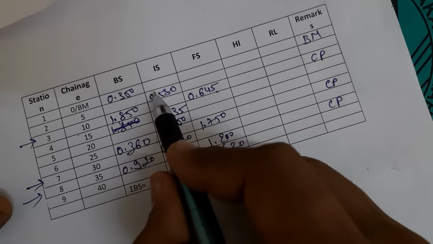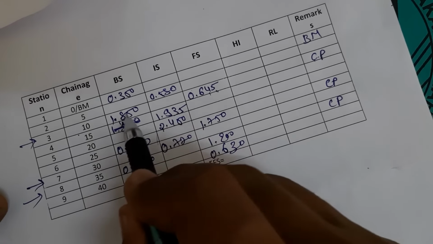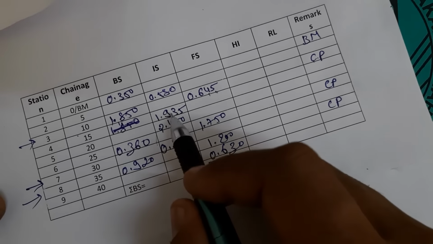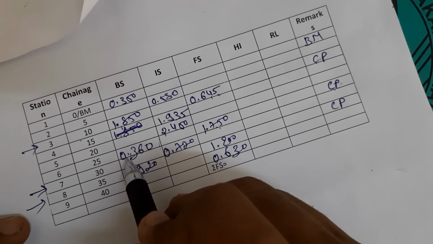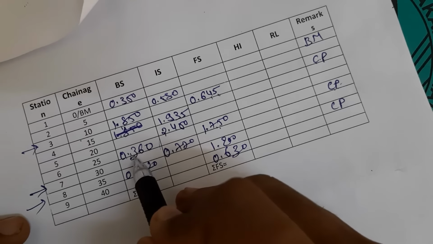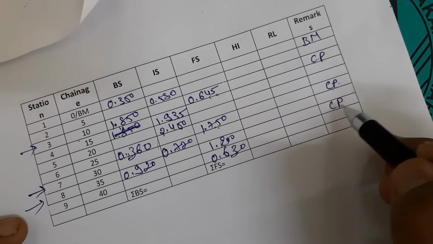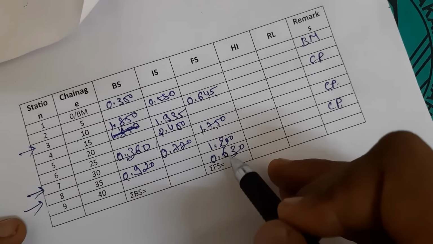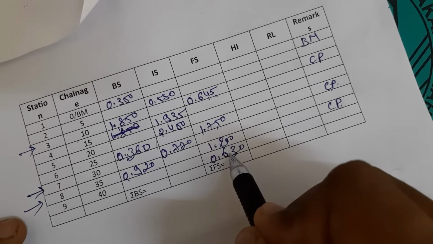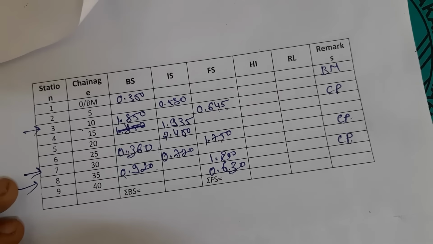So first, the 3rd is a change point, then measure backside, then 4, 5, 6. Then foresight and also change point, then measure backside 0.360. This is your 8th reading, then 9 and the 10th point, then we change our station point, so CP, and then we measure first backside, 0.920, and the last point, 12th reading, is 0.630. Understood? So this is the way you write in a table, using BS, IS and FS.